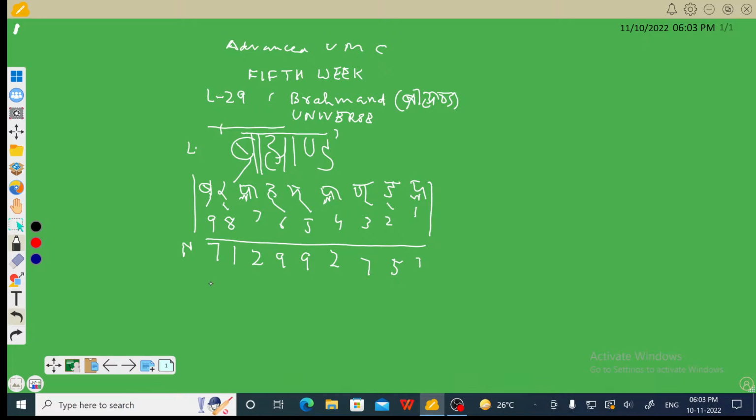And sequential summation means 8, 10, 19, 28, 30, 37, 42, and 43. So see, we are to avail number value 43,